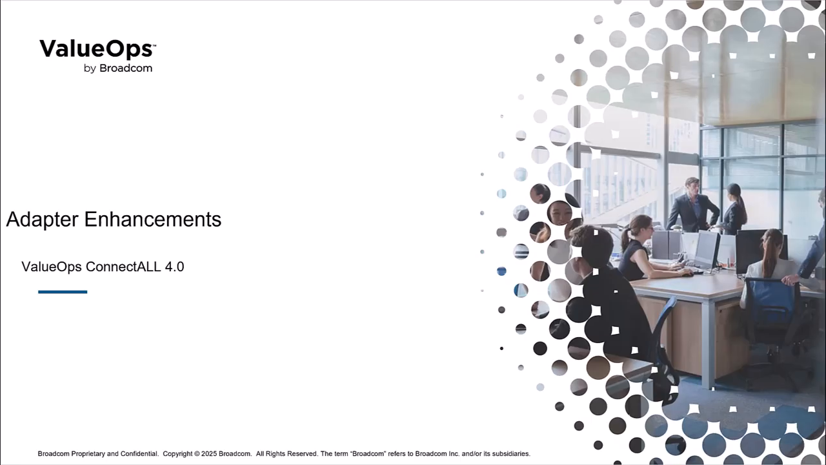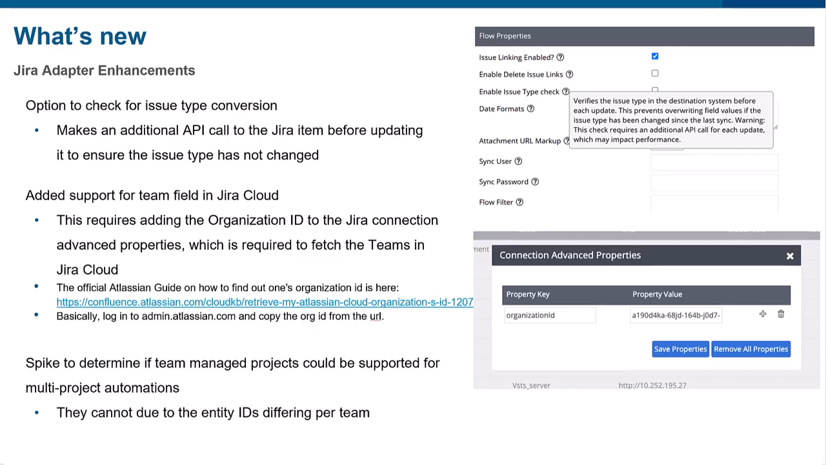In terms of adapter enhancements, our team made enhancements to a handful of adapters, particularly around Jira. We now added an option to check for issue type conversion. In Jira, we have the unfortunate circumstance where if you change an item type from story to bug to epic to any custom type that you have, it doesn't change the Jira ID. Jira keeps that ID the same, meaning that it could still be linked to an item of a different type